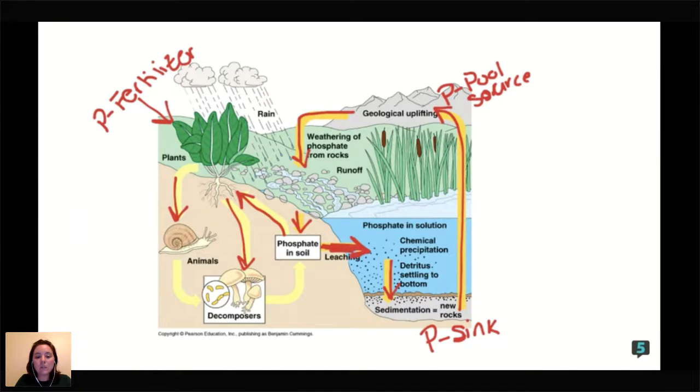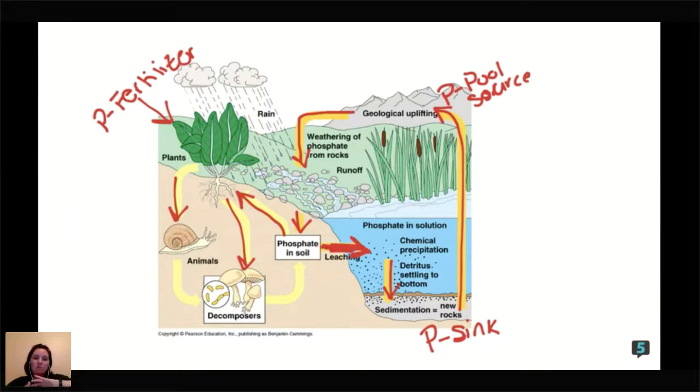Or phosphate that's in the soil can become part of runoff. If you get a muddy stream running down a hill, all of the phosphate attached to those sediment particles will sink down to the bottom of a body of water and pile up on top of each other and eventually maybe create some sedimentary rocks through sedimentation, where all of those sediments that have phosphorus in them will stick together, get really hard, and then more sediment will pile on top of it and smush it down because it's really heavy, and then create rocks.